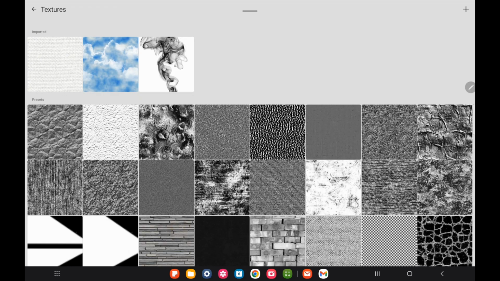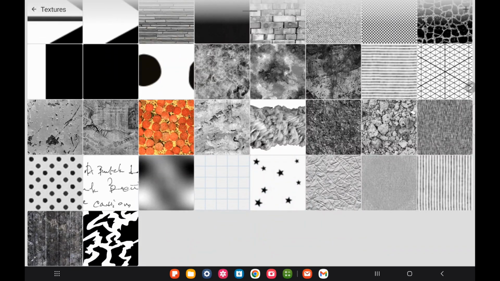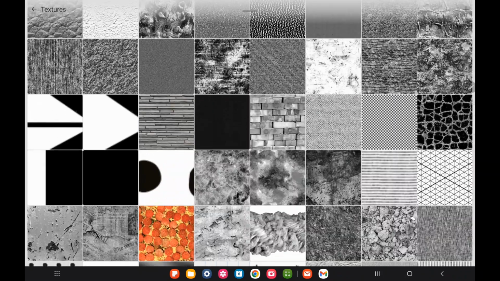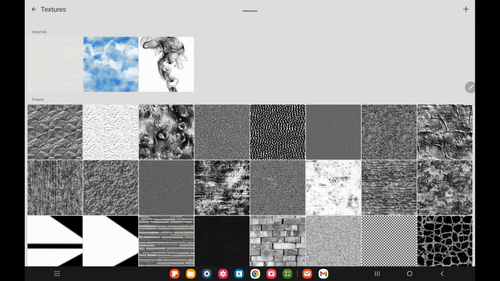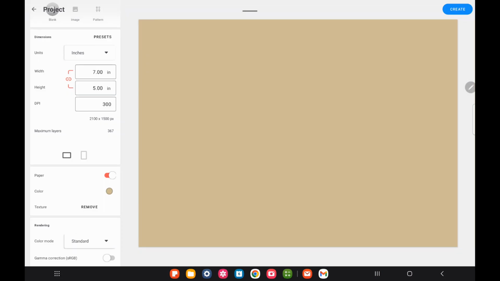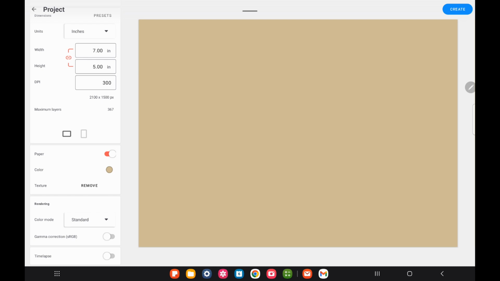So here I'm just setting up the project, and I wanted a little bit of textured background to add a little bit of roughness to the paint when you spread it on. And I also wanted a little bit of a tinted background here, but this technique works on any kind of background. So I'm looking through the paint brushes in Infinite Painter, and we just want to go ahead and make